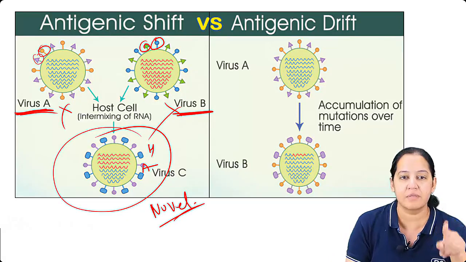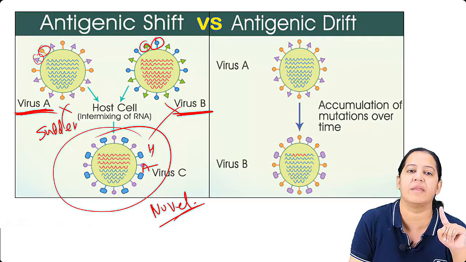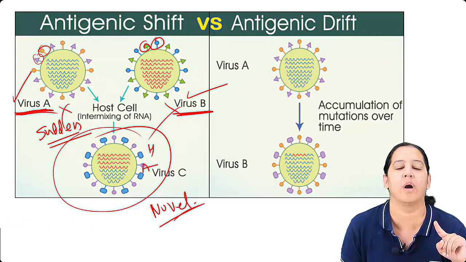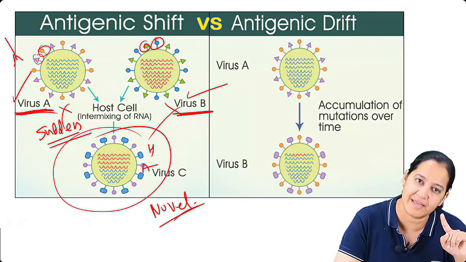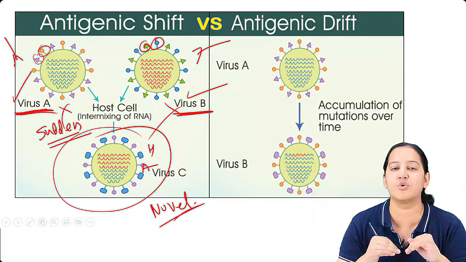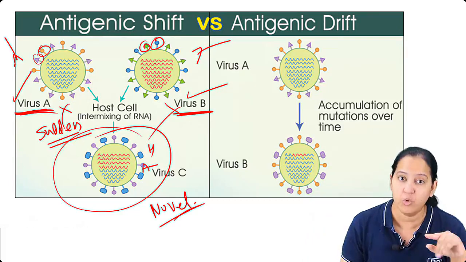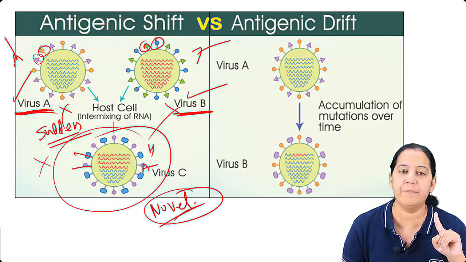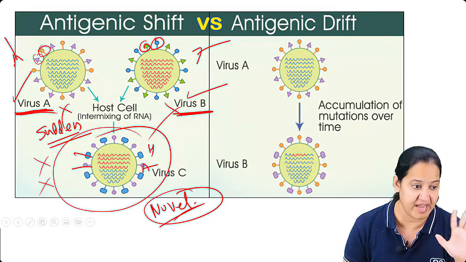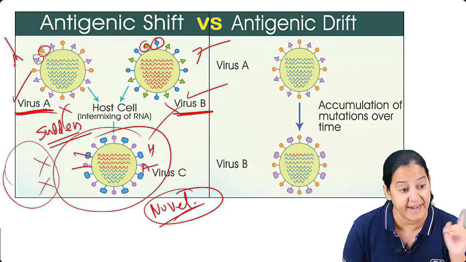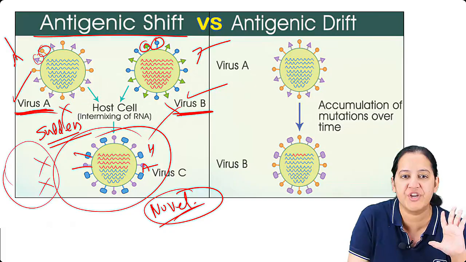The merging is very sudden, है ना. Virus A was present in the world, virus B was present in the world. That's why people have antibody against this virus, and people have antibody against that virus. But when the two viruses merged and all of a sudden a new novel virus has arrived, none of the people in this world have antibody against the H and N present in that virus. That's why the complete world has infection together, and that leads to pandemic. My point is that shift leads to pandemic.